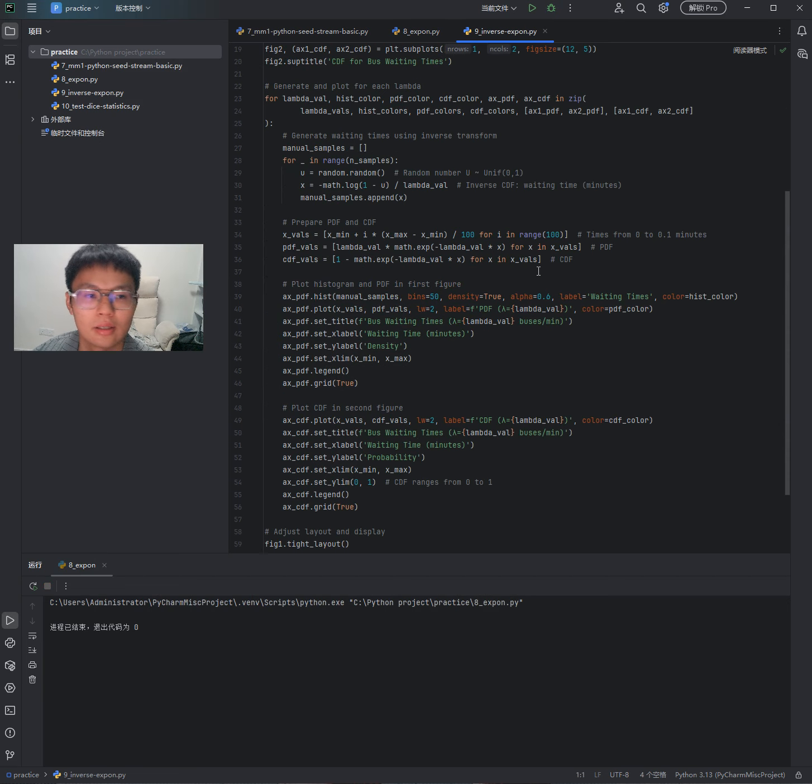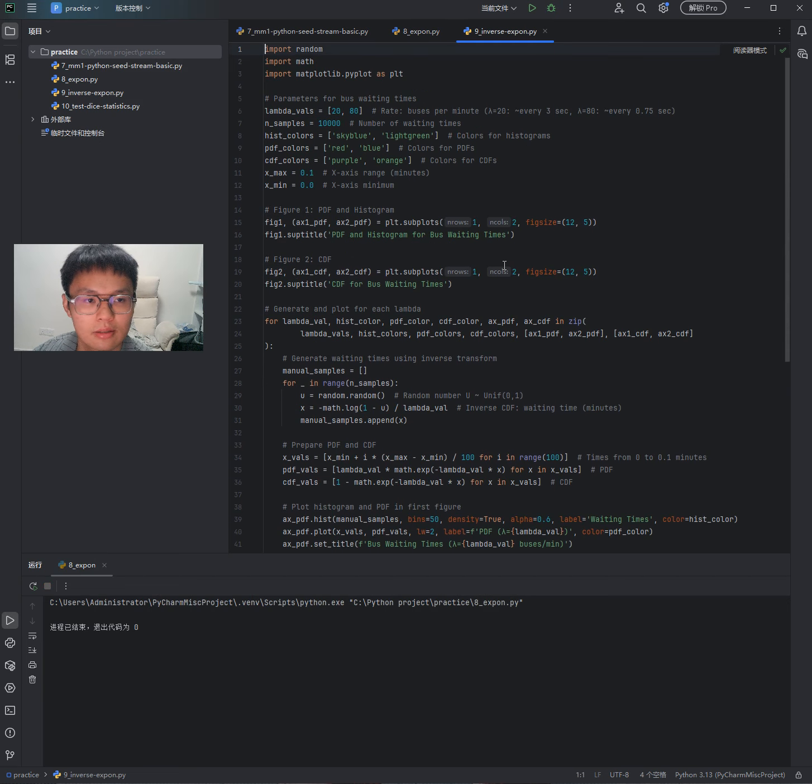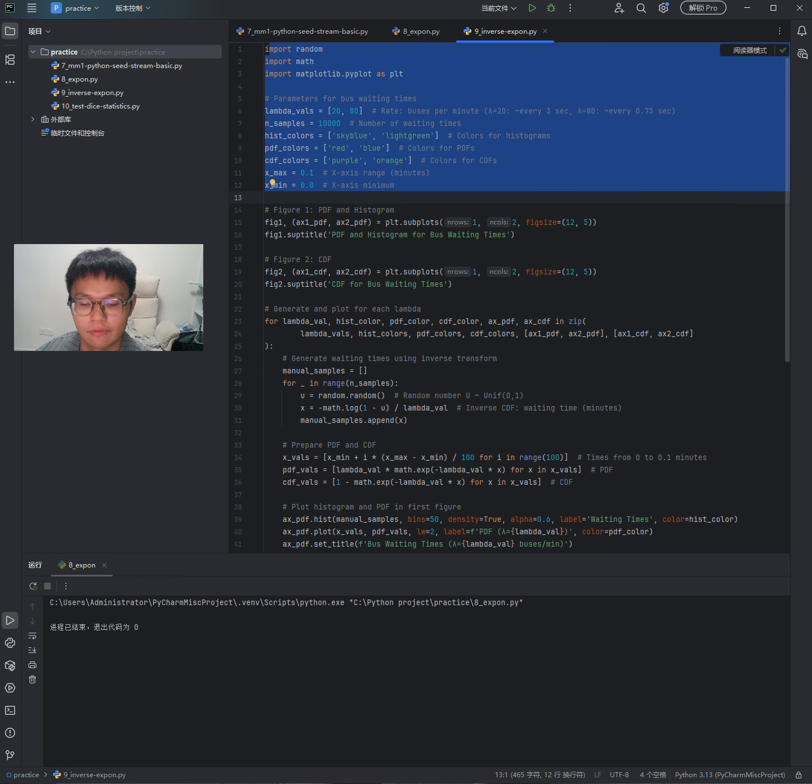Okay, now let's see another one. This Python script demonstrates how bus waiting time follows different exponential distributions using inverse transform sampling for two different arrival rates. The first one is lambda equal to 20 and lambda equal to 80 buses per minute. First we define the two lambda values, 20 and 80 buses per minute. Sample size is